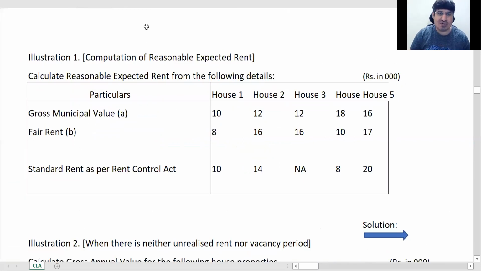So now this problem is saying compute RER. It is not asking for all 4 steps. It's only asking you RER. Higher and lower, only that much it's asking. So calculate RER from the following: gross municipal value,